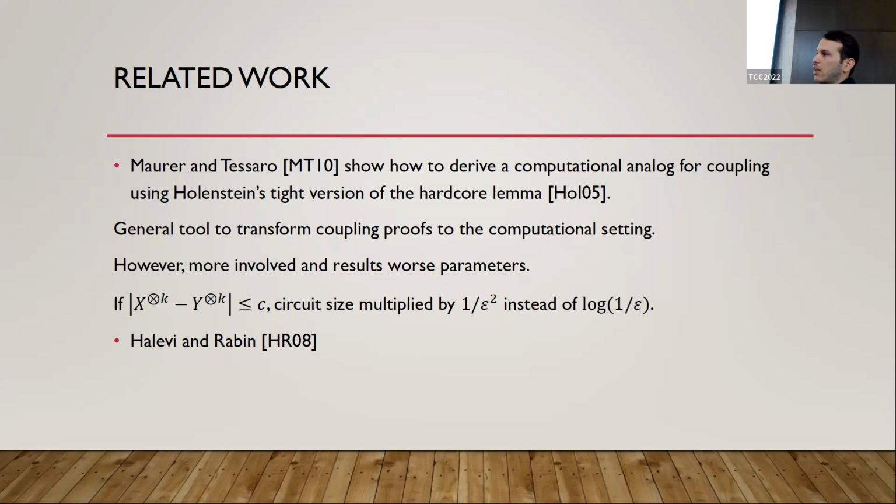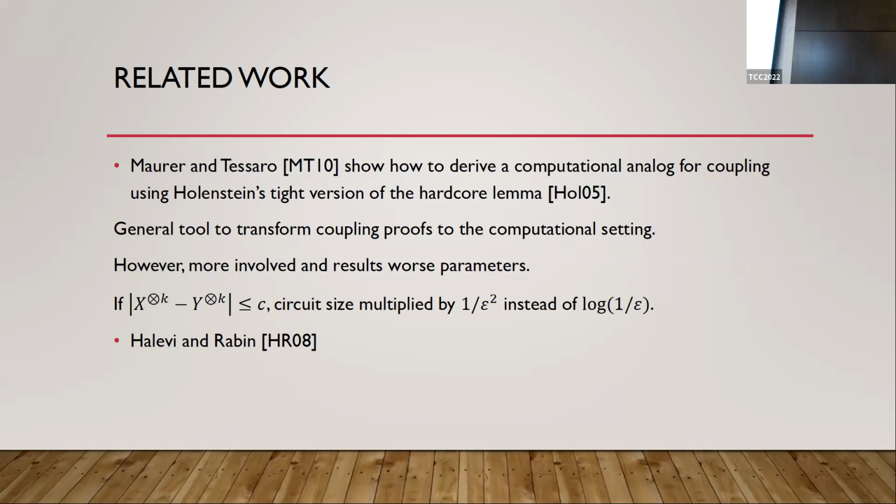And this is also what Wullschleger used. But the disadvantage of this is that the adversary is somewhat more involved, and you get worse parameters, a worse trade-off between the slackness and the overhead. I will talk about parameters in a moment. Also, there is a paper by Levy and Rabin that works specifically on this bound. However, their focus was mostly on allowing for interaction, and not on improving the parameters. So about the parameters,